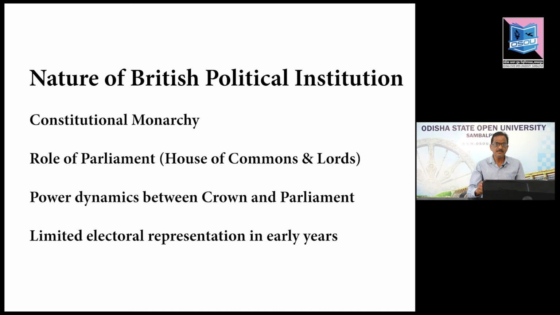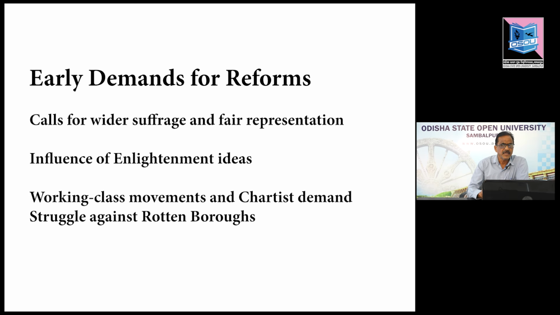Even if there was a Parliament consisting of the House of Commons and the House of Lords, the representation or electorate in the early years of parliamentary democracy was mostly limited to a few wealthy people of Great Britain. Third, the government, or the administration, was mostly dominated by the king and the clergy. It was more or less a feudal system of government where the king was at the helm of affairs.